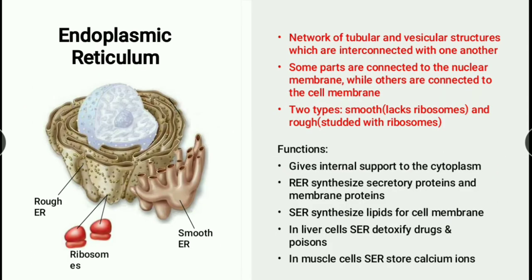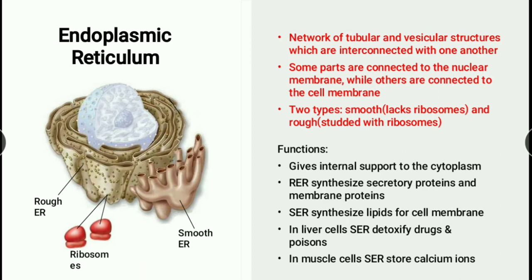Can you see here? In this endoplasmic reticulum, you can see some dots. Isn't it? Dot, dot, dot. But here nothing is there. It is very smooth. So there are two types of endoplasmic reticulum: smooth endoplasmic reticulum and rough endoplasmic reticulum. In the rough endoplasmic reticulum, you can see this structure, and the structure is called ribosomes. Understood? Okay. So what is the function of this?